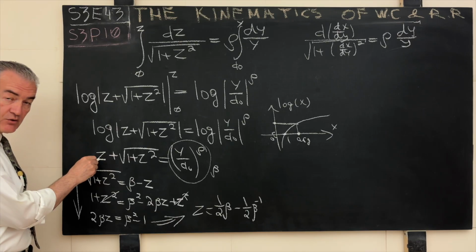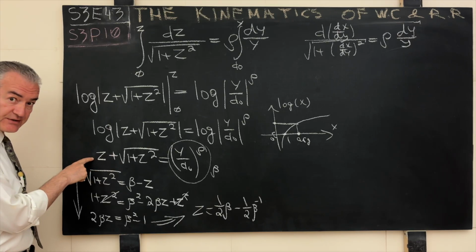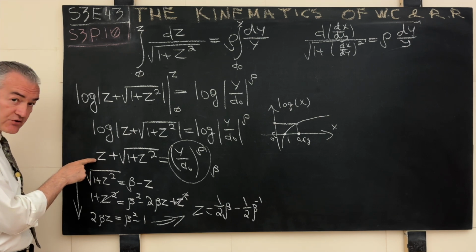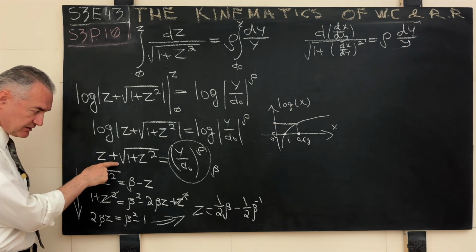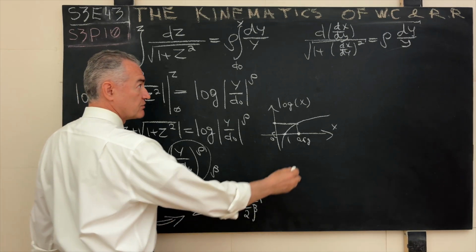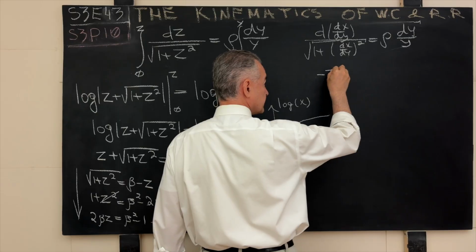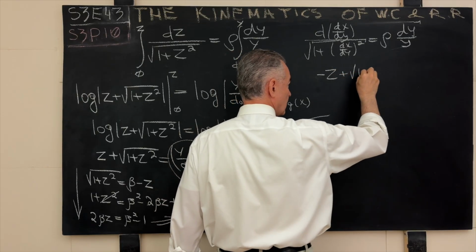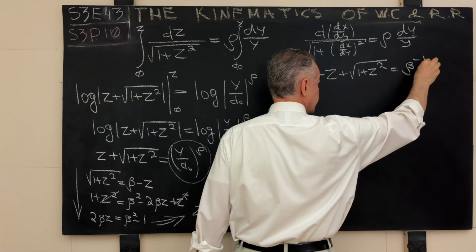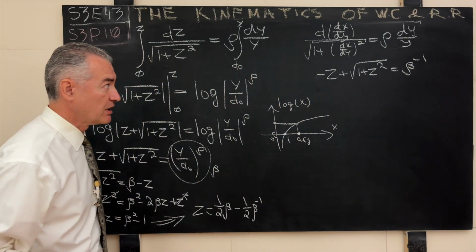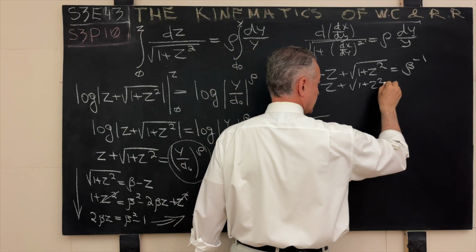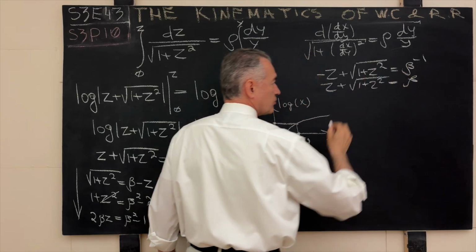From here, we know that the reciprocal of this quantity will be what? We'll multiply both sides by the conjugate, minus z plus this. Squares will cancel out, 1 will remain, so you will write the following. Right away you will know that minus z plus square root of 1 plus z squared will be beta minus 1. This will be the reciprocal. And now you have z plus square root of 1 plus z squared equal to beta.